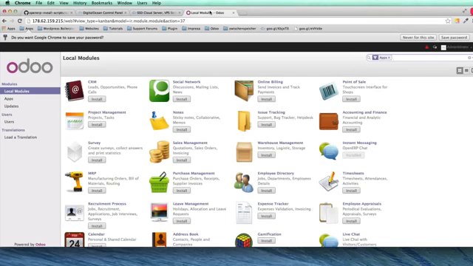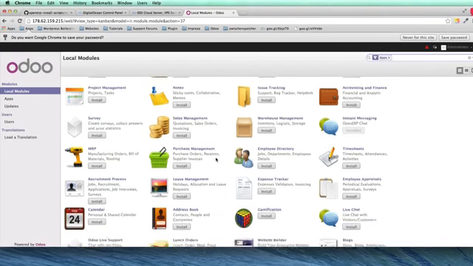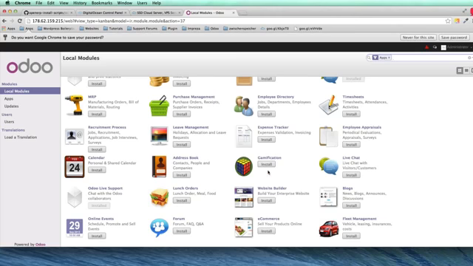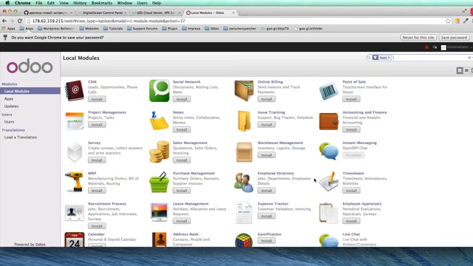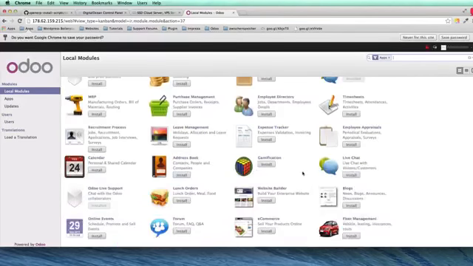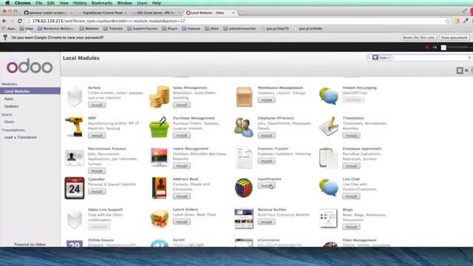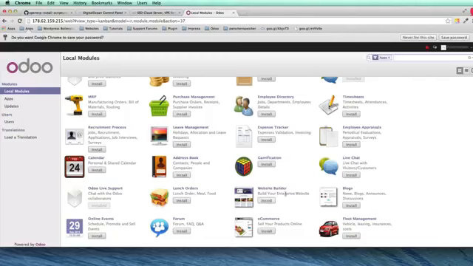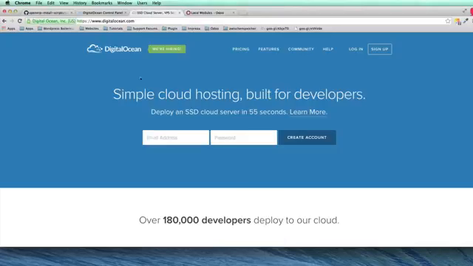Hi guys, in this video we are going to install Odoo version 8, and you may install all the nice applications delivered by Odoo. The new version came out last month or the month before last month, I don't know. But the stable version is released now, and we can install version 8 on a server,